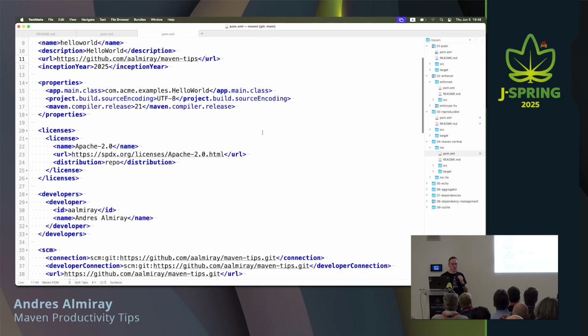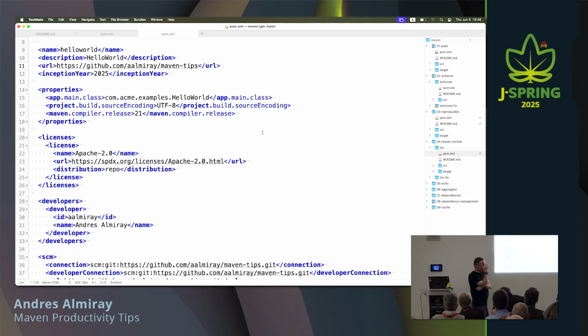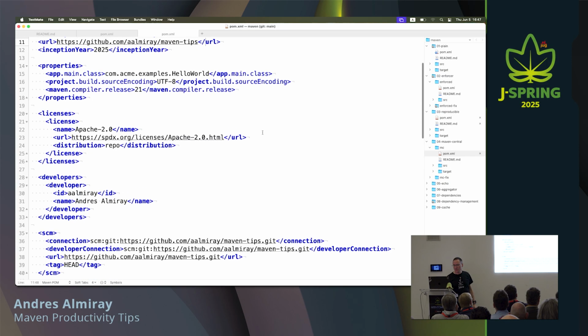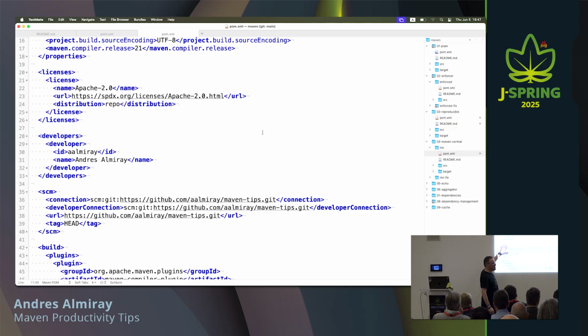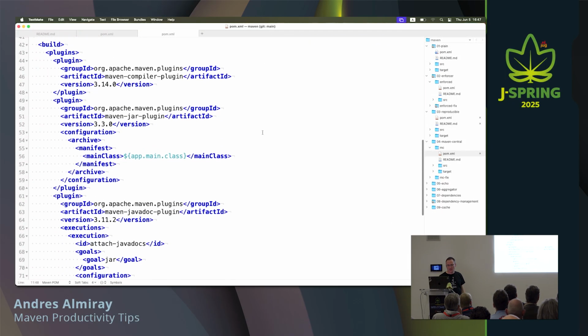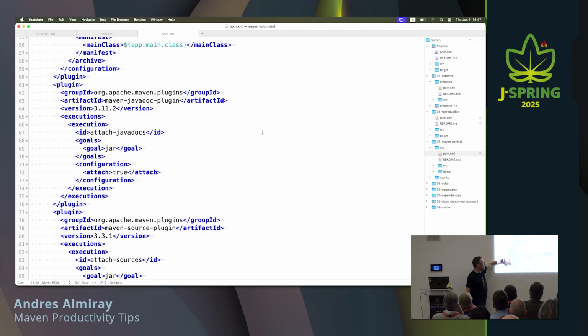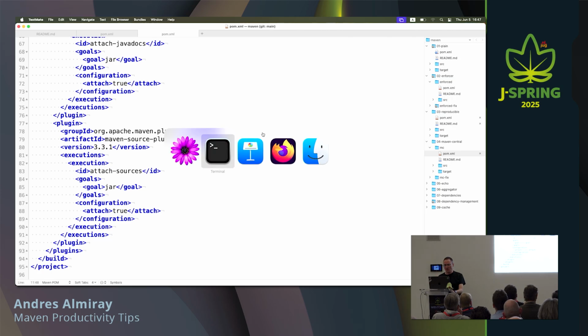So there are a few rules that we have to follow in order to publish to Maven Central. There has to be enough metadata to identify this. Even if you don't publish to Maven Central, it's good that you have the name, the URL, and the licenses, perhaps. There has to be at least a developer, and Maven Central also requires that you know how to specify the SCM configuration. Maybe this is not so useful in your internal organization, but just so you know that this thing exists. What else do we have in this project? We have to provide Javadoc and sources jar for our project in order to push it to Maven Central.